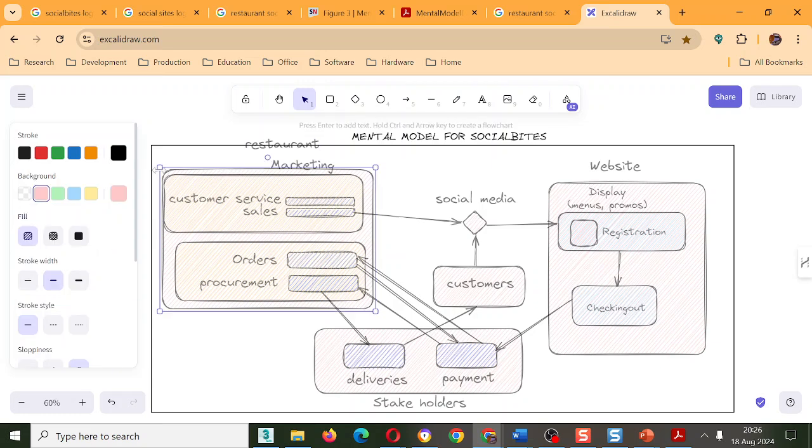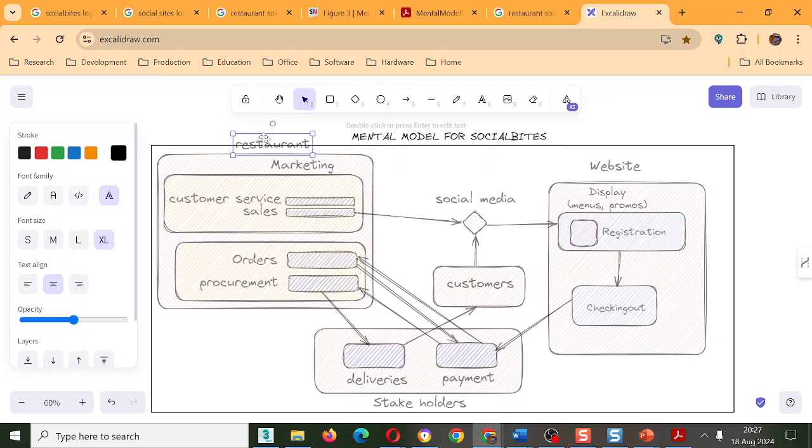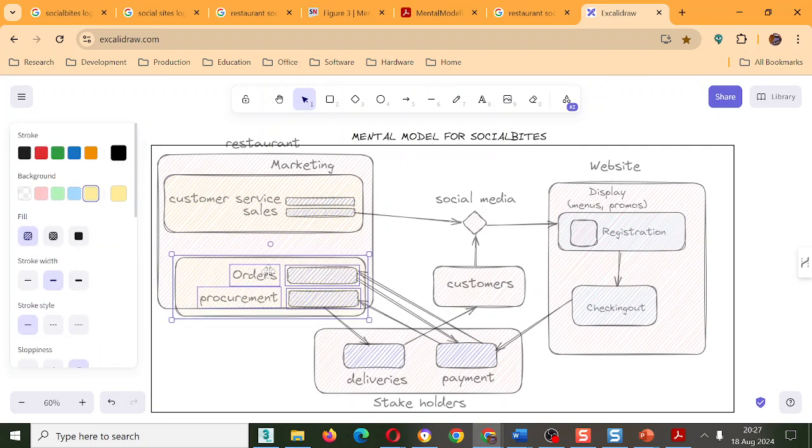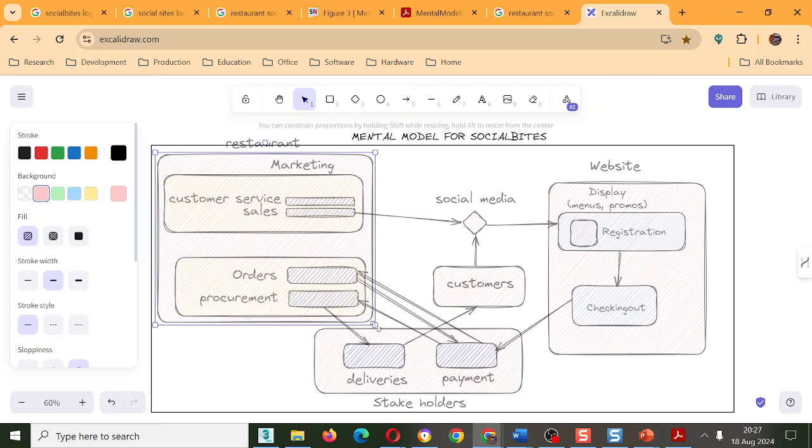And then pull this one out here. So now this is my restaurant window. I'll give this a name. I'll use a selection window for this, like this. Bring it further down. So this orders and procurement, I don't know, but sometimes you can Google these things.